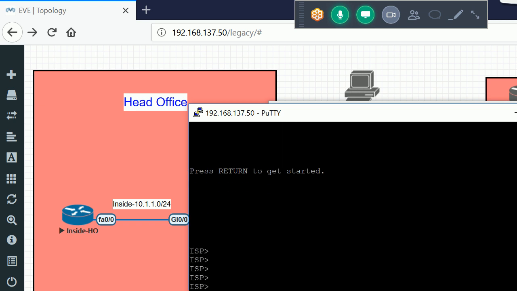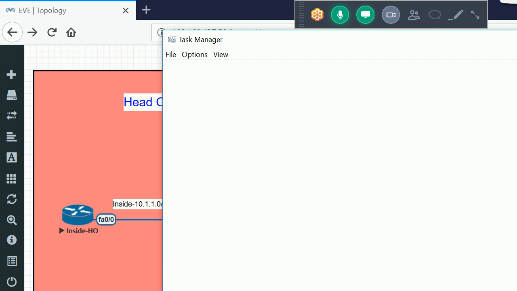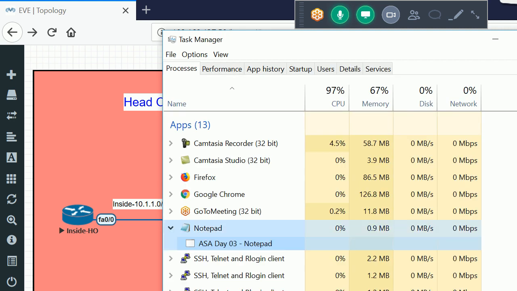Okay, let me use the ISP for ping. All are going slow. My CPU is at 94.